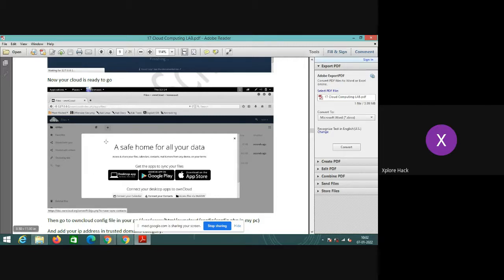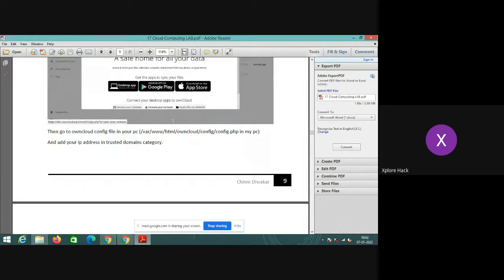So here you can see the cloud index page available. Nowadays we are using Google Drive to store information. Like the same, here the ownCloud system can also give you the services. So inside this, you can store files if you want, and this can be accessed within the network. I mean, you can access this cloud account within your system, that is, 127.0.0.1, you can access. If you want to